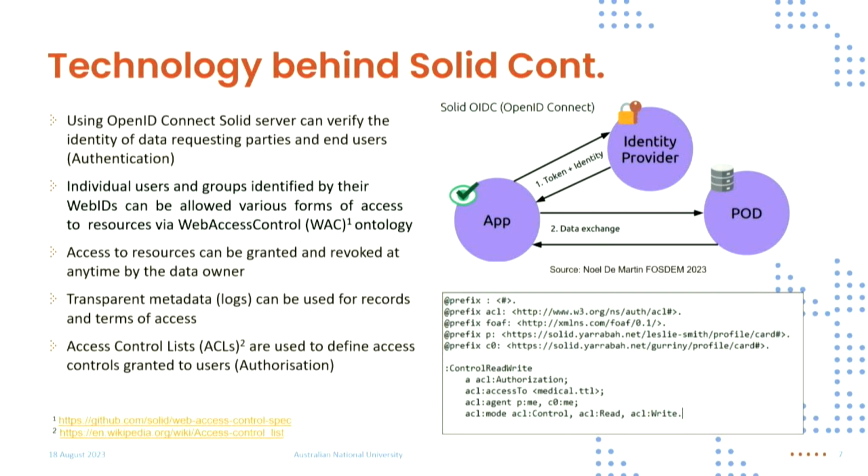In pods, how do we give access to others to our own data? That's being done using access control lists, the web access control ontology. You can see in this picture that you have given access to these two people, on lines 1, 2, 3, 4, 5. You have given access to the file medical.ttl to those people, and what specific access has been given is in the last line. You have given control, read, and write access to those two people for that medical.ttl file.